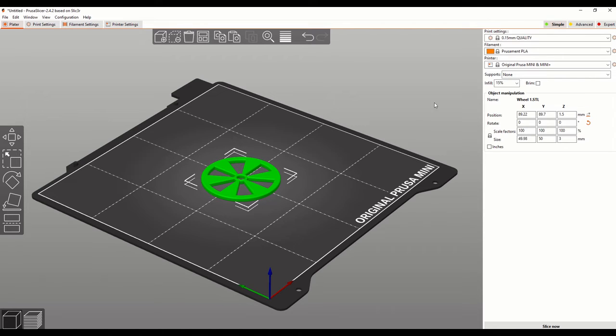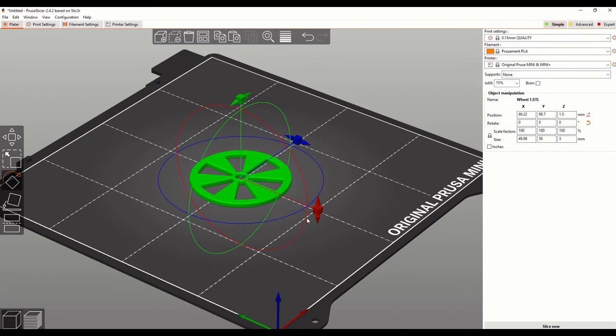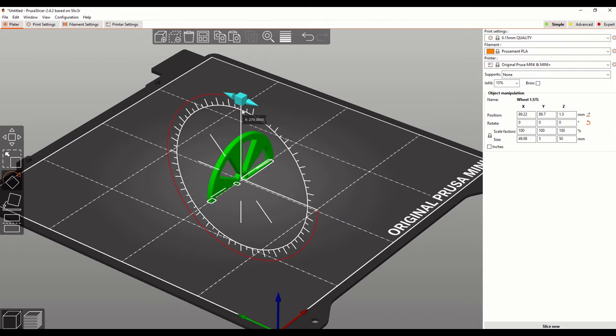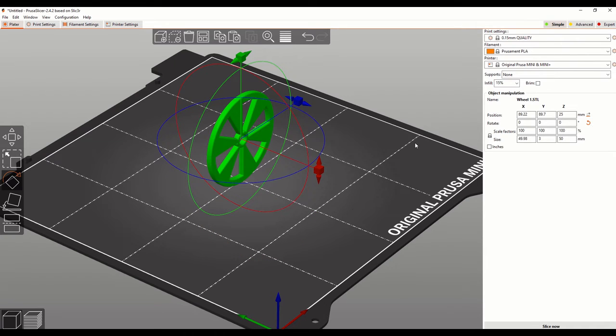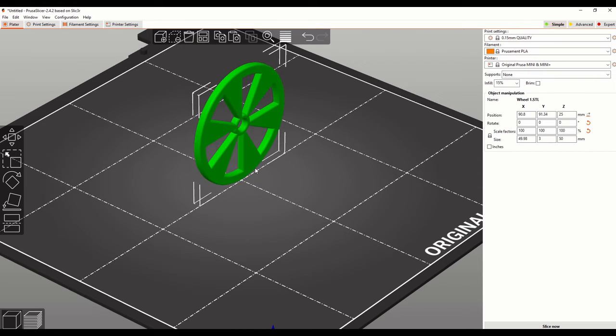What we can do then is go back over to our settings. We'll now go to supports. We will not need supports. Supports are basically to support anything overhanging. So for instance, if this was up at an angle, if I move this back up to the position it was in, I would need supports if I was to print it like this, because you wouldn't be able to print